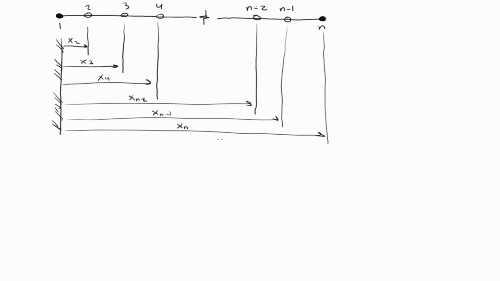if the left-hand side is A and the right-hand side is B, and we have the integral from A to B, we can take any integral and we can split it over some number of subdomains, right? So I can say that the integral from A to B is the sum of the integral from 1 to 2 plus 2 to 3 plus 3 to 4 plus. So if we just do that and write down what the equation is,